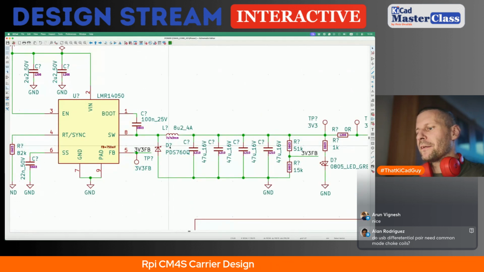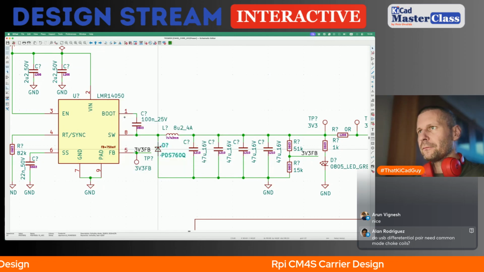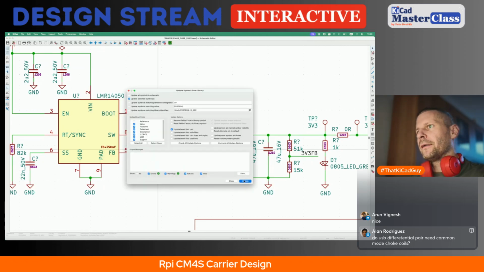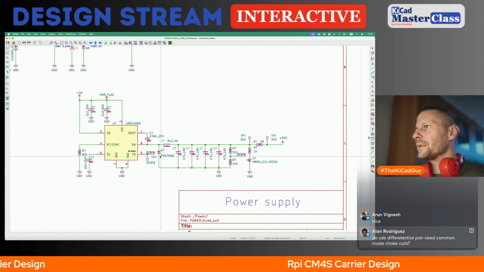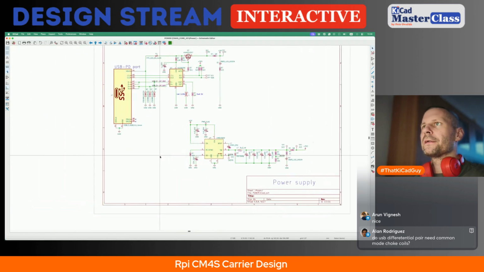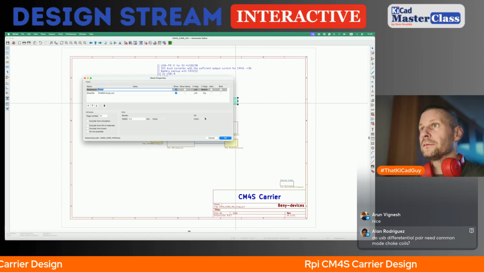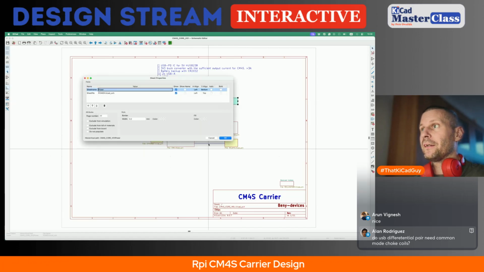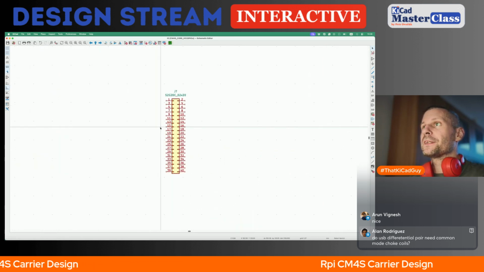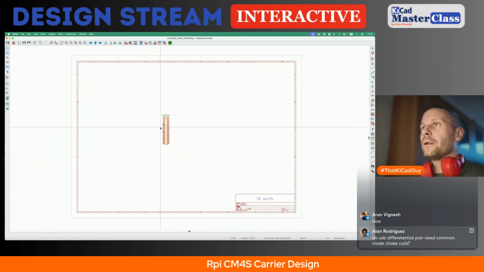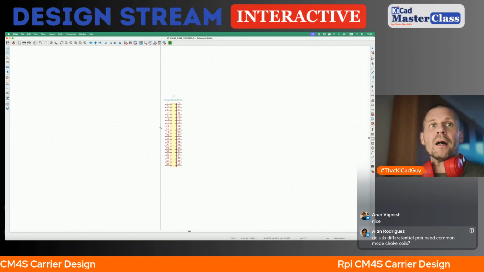The one thing is that the buck is not synchronous, so we need a rather big freewheeling diode in power die package, but there are worse things in life than this. Okay, power supply can be done. I call it done because this way I would spend 1000 hours here. This is our GPIO, and I think in the rest of the time today I will